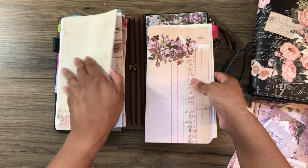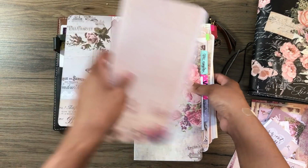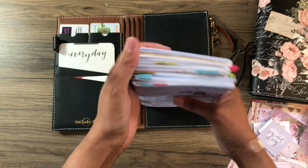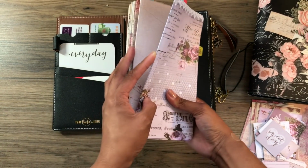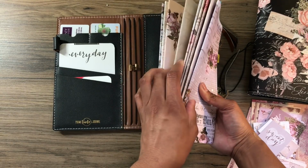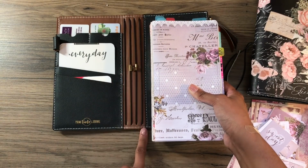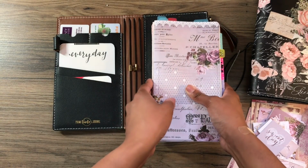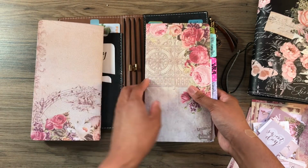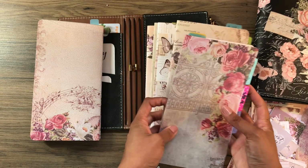Okay, so I have all of my inserts recovered. I'm so excited. Oh my goodness, I'm so excited. Okay, so here's what's gonna happen. I have, sorry, that's really close, 1, 2, 3, 4, 5, 6, 7, 8, 9, and 4 elastics. So what is going to happen is these two are going to go on one. These two, actually,